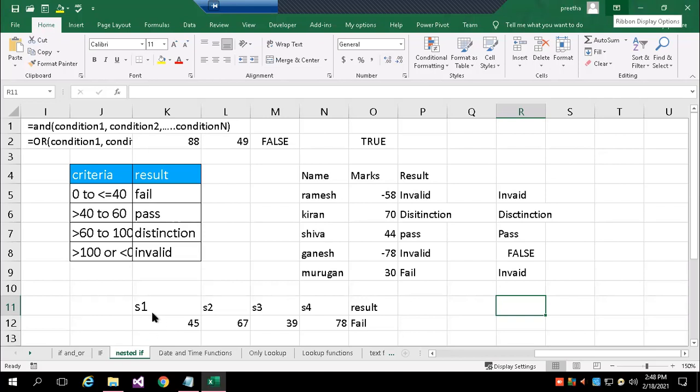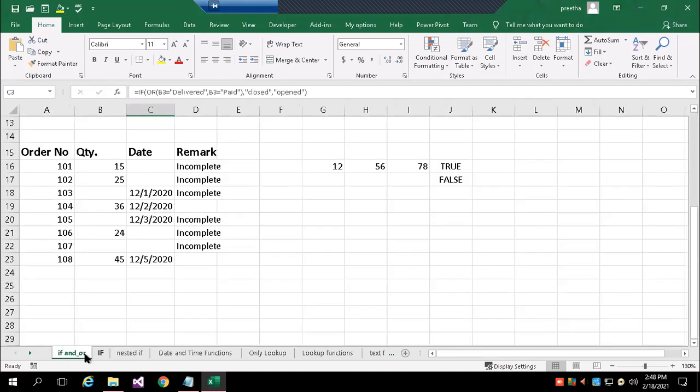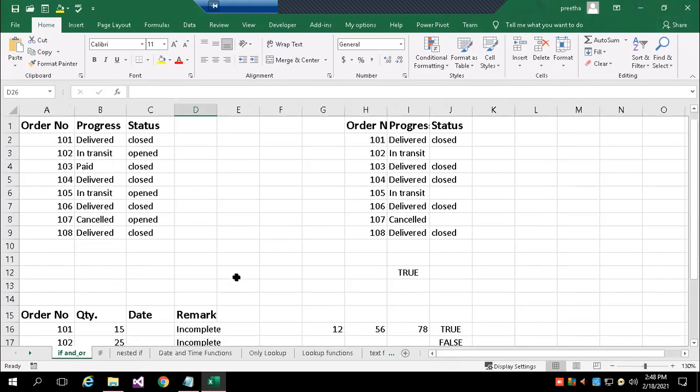Okay. So next module in this. Just now we have seen working with and, or. So you can see different examples to help you understand.